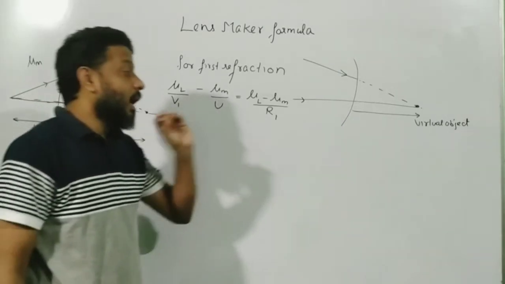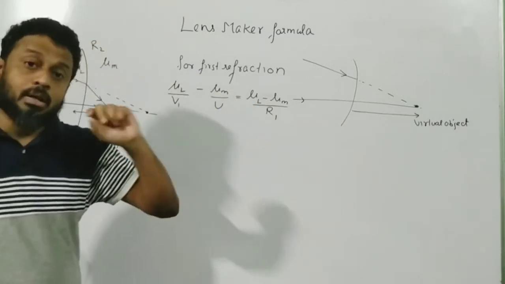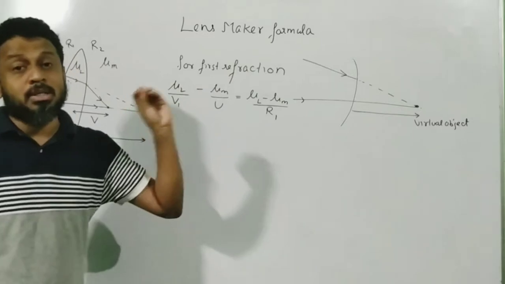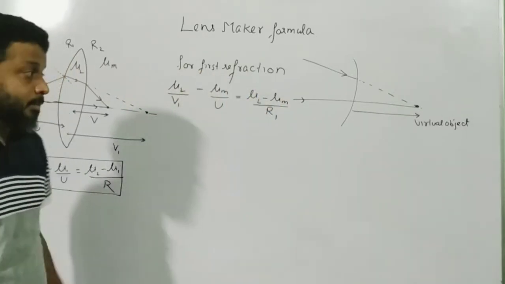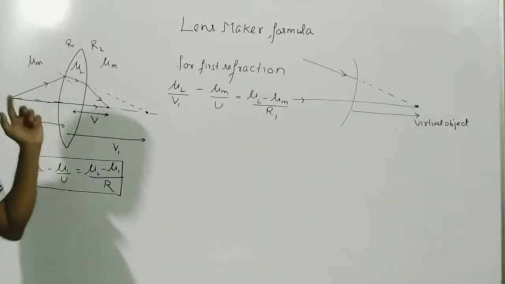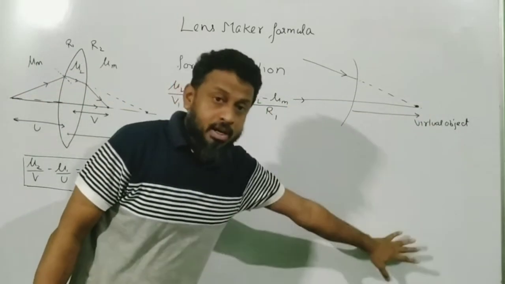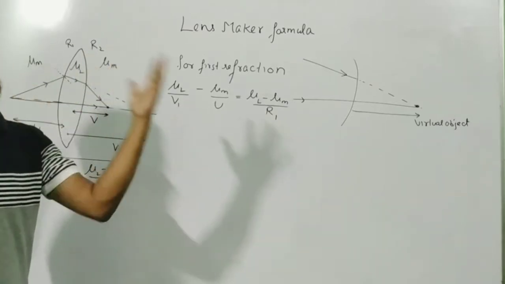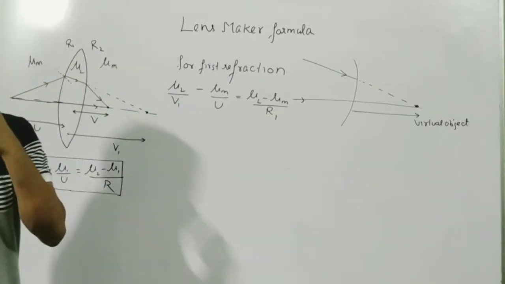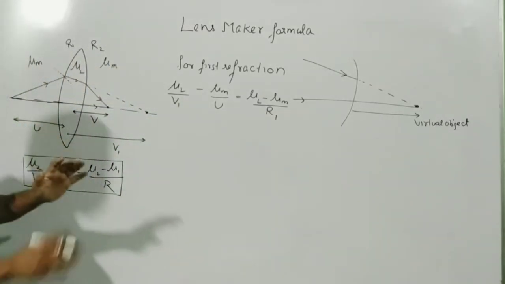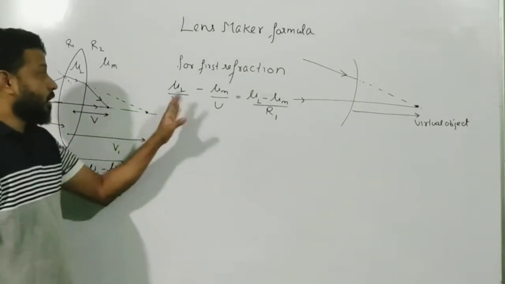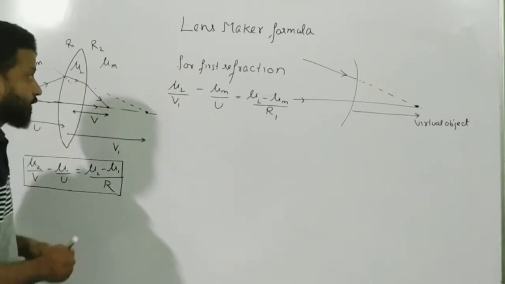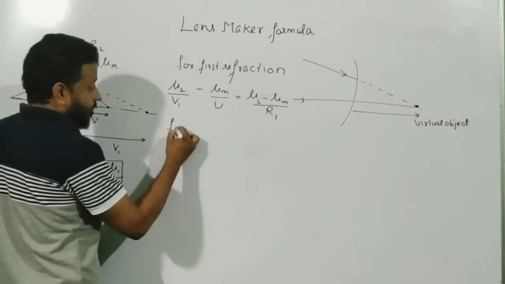At the last expression when we get it, we will be applying the sign convention in the final formula when we are using it in some numericals. Sign convention will be used in the final expression also, so no need of sign convention over here. It would be like three times using the sign convention, so we are going to avoid it. So we will just take the modulus over here, or we will just keep everything positive. So this is for first refraction. What about second refraction?